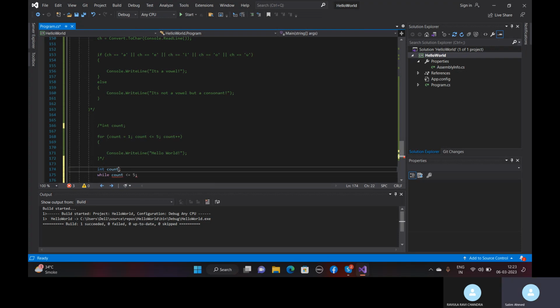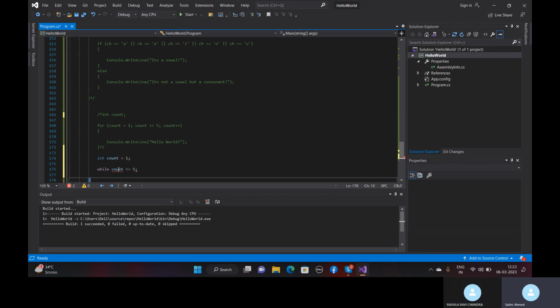It's telling me you have not assigned the variable count. So I need the counter assignment as well. So I'll say start my counter from 1 and go up till 5. Start the counter from 1. So this is the initialization part, right? So count will be 1 and